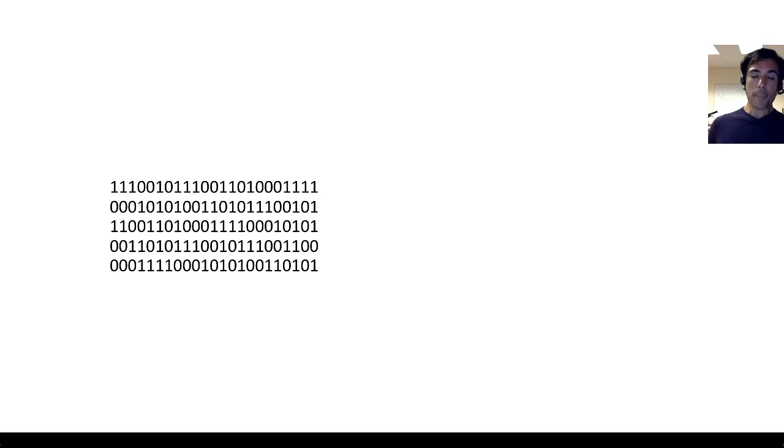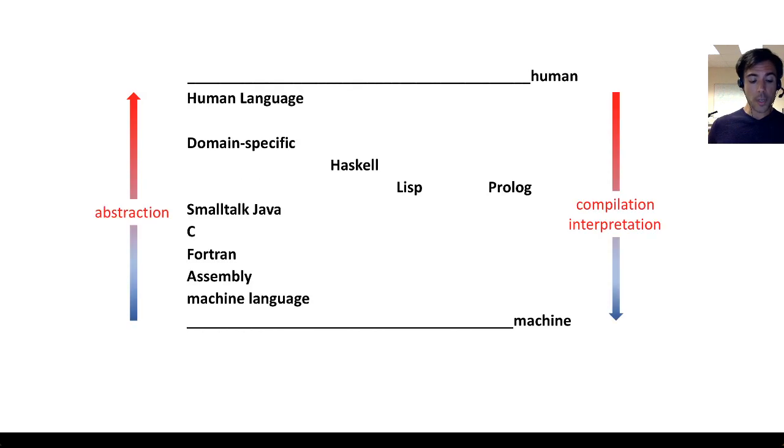So, what's been happening in the last 70 years or so in computer science is an effort of abstraction towards human language, where languages were created with more and more abstraction levels, starting from machine code to assembly, which was abstracted to imperative languages like Fortran, which was the first high-level language created by John Backus, which we'll hear about in the tutorials, and C,